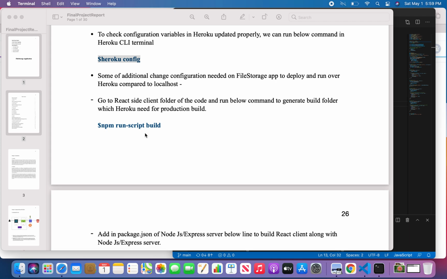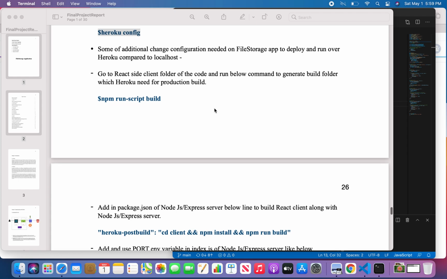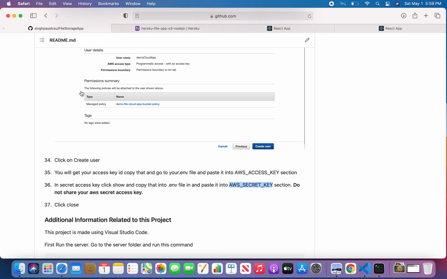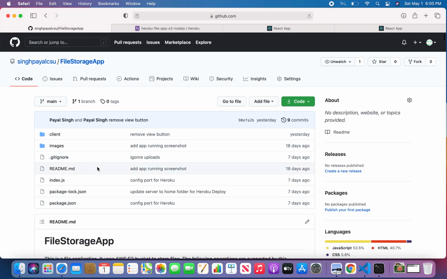Now, some additional configuration changes are needed for our application to deploy to Heroku itself. Here in the GitHub, initially I made a client folder, and then I made a server folder, and then I made my application.